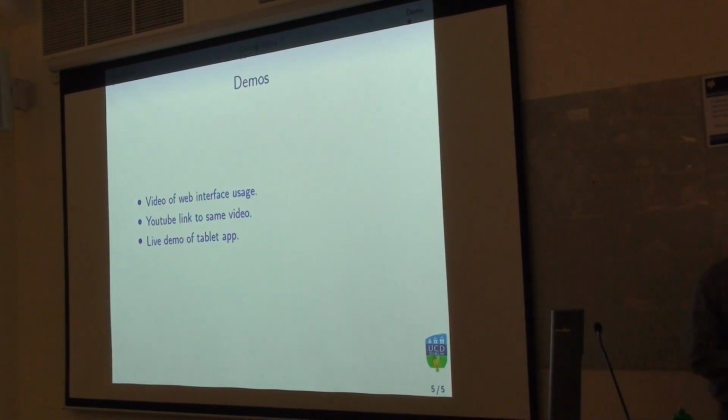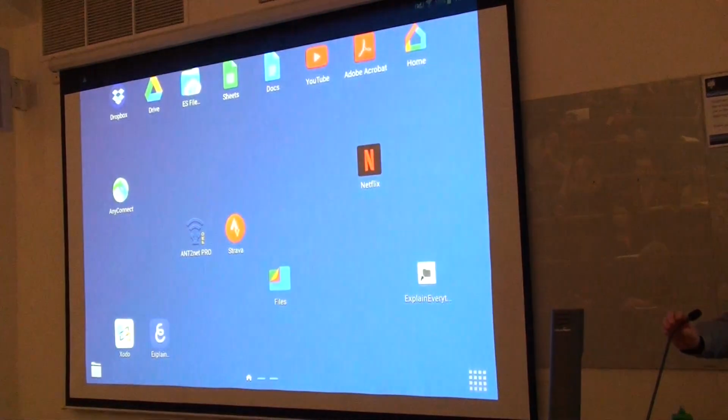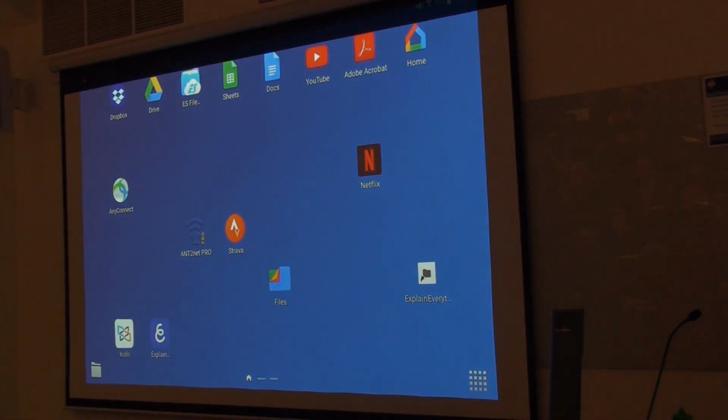Okay, so I'm going to attempt a quick demo. So hopefully this works. So this is my tablet. Hooked up the HDMI, and then you can see down here that I have the Explain Everything app, and I go ahead and open that up,